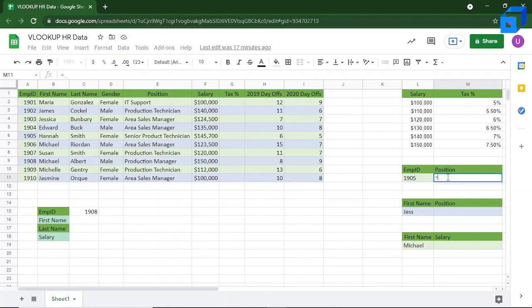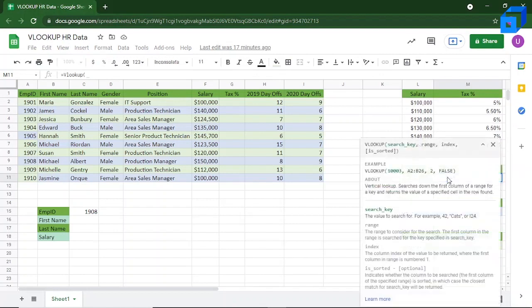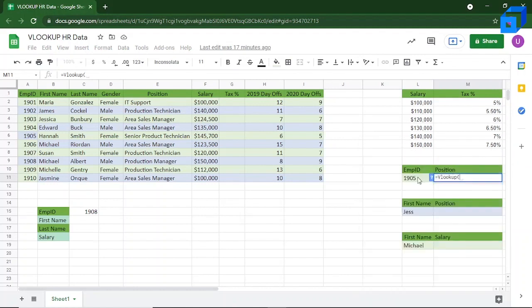So the VLOOKUP function, and select the value that you want to search for. So here the value is 1905 that we can select over here. And the range now is from here till the end of this table, because you can take it till position also, but let's just take it till the end of this table.